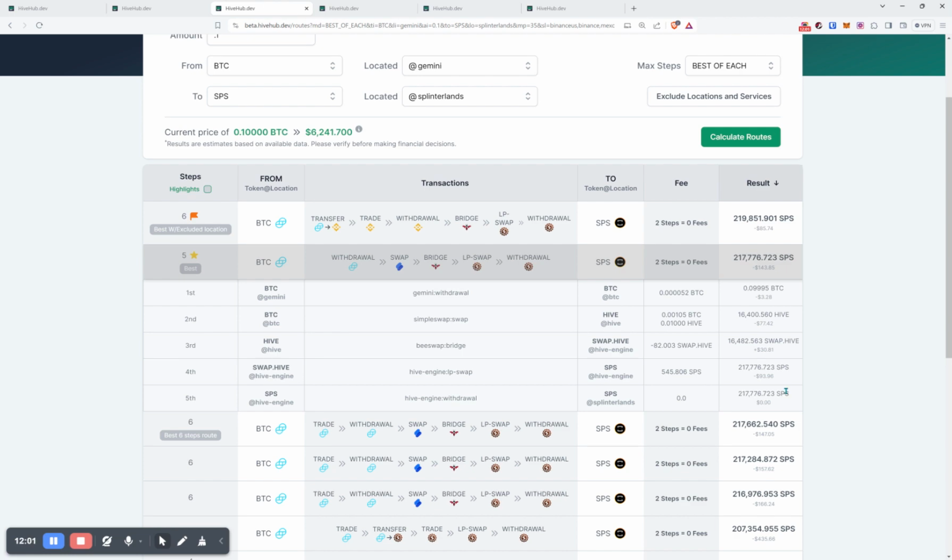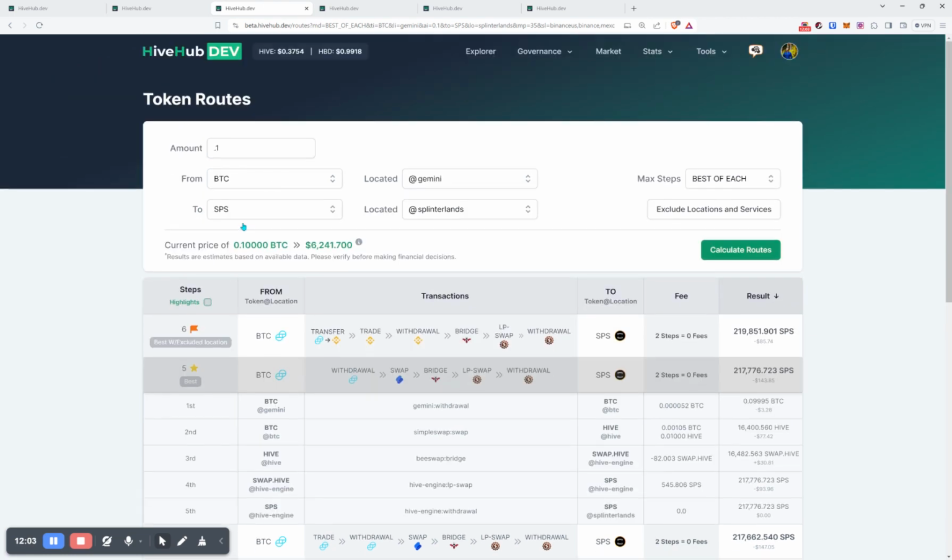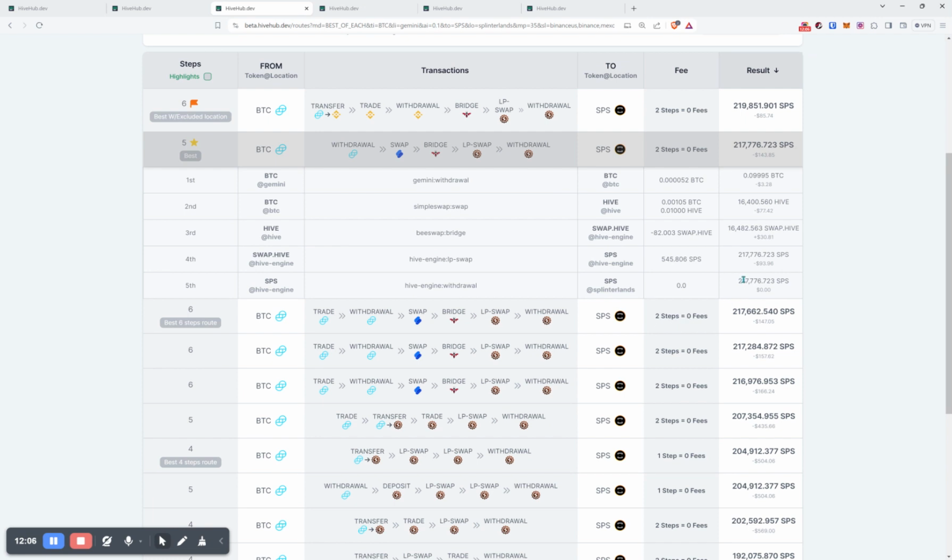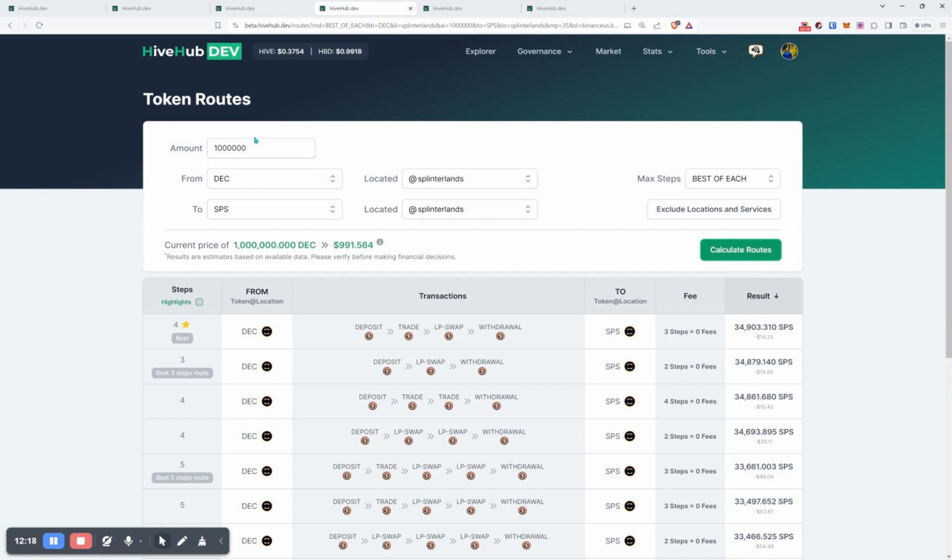And where do you see SPS going, I guess, compared to BTC? 217,000 will get you quite a bit, if you're playing ranked battle games, that'll be quite nice for your account. So the next example is DEC to SPS. Now we have the regular conversion where you can burn DEC for, well, no, you can burn SPS for DEC. But what if you want to go the other direction and get SPS? So you got a million SPS,